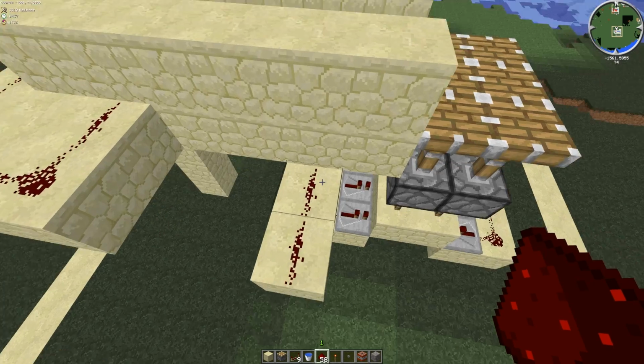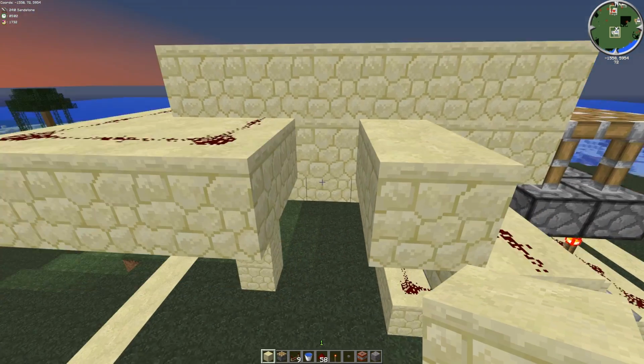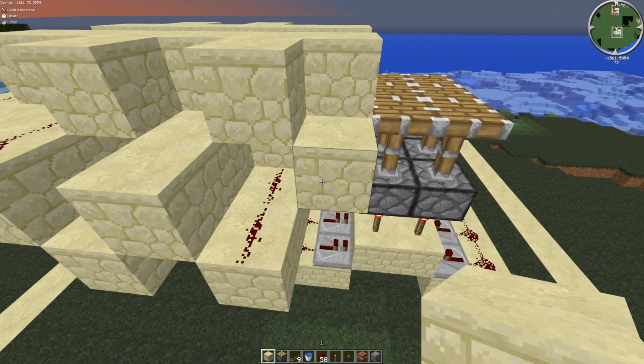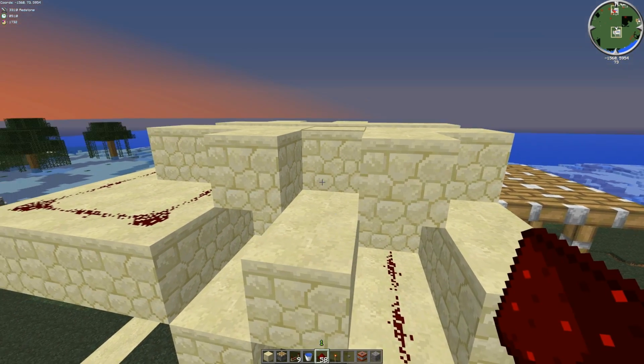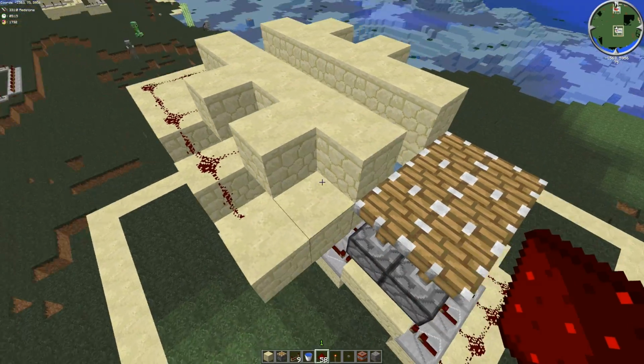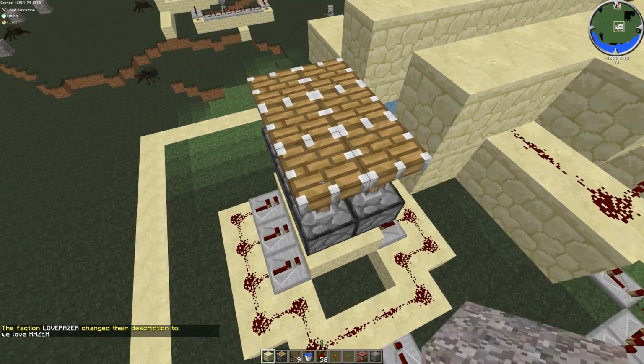So you're going to go down, and then you're going to go up, and then you're going to go down again, like so. And then you're going to add your dividers again, just because you don't want the redstone attaching. And there you have it. So everything looks good. And now you're just going to start loading up everything, and you're going to take your